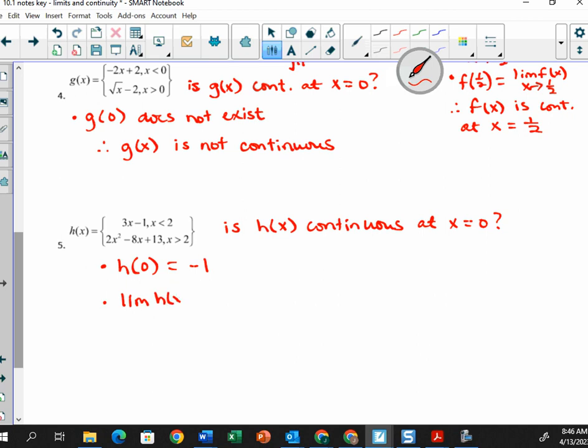Now the limit of h of x as x approaches 0. Again, we would still be looking at this piece up here, because that's where that would be. 3x minus 1. Is there anything interesting with that graph? No, nothing notable. It's a line. So what do you think the limit is as x approaches 0? -1, right? Same thing. Did they match? Yes, so your third bullet point is to tell me that h of 0 equals the limit of h of x as x approaches 0. Therefore,